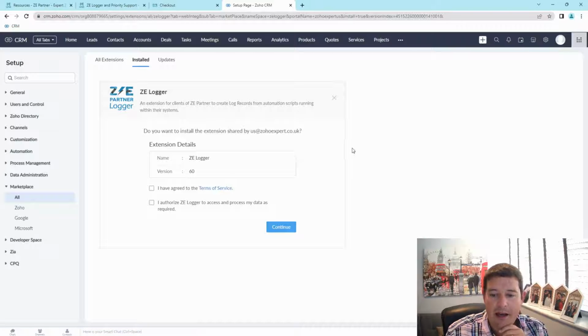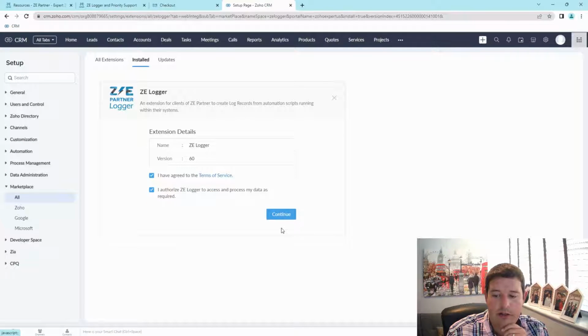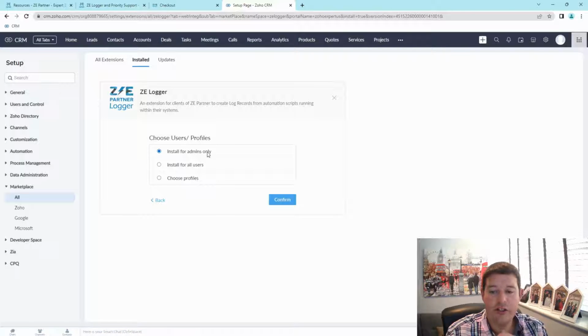There we go. And now we just accept the terms and conditions and authorize and continue. I'm going to install this just for admins only. You may want to do the same, particularly if you've got a lot of employees and you've got different security